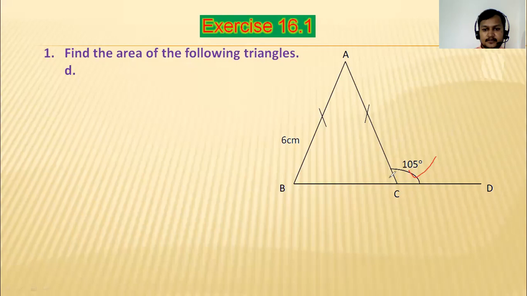यो 105 degree दिएको छ भने यो angle निकाल्न सकिन्छ नि? Yes, sir. By using sum of angles on a straight line is 180. Straight line. 105 plus ACB is equal to 180 गरेर यो angle आउँछ. And after getting that angle, we know base angles of an isosceles triangle are equal. यो जति आउँछ त्यति नै angle B पनि हुन्छ. Isn't it? जति angle ACB हुन्छ त्यति नै angle ABC हुन्छ.